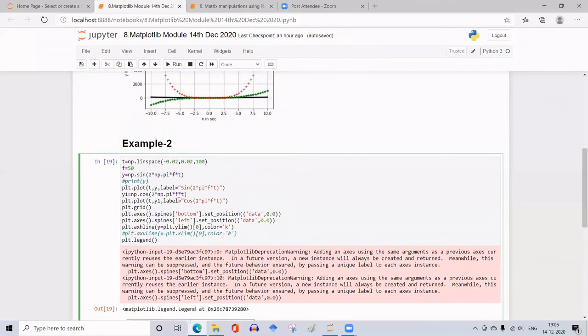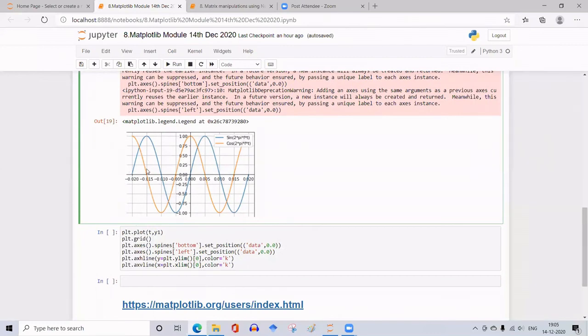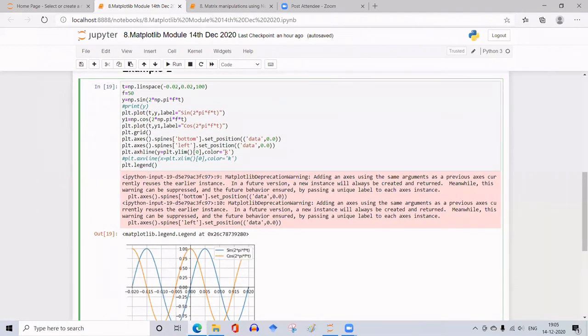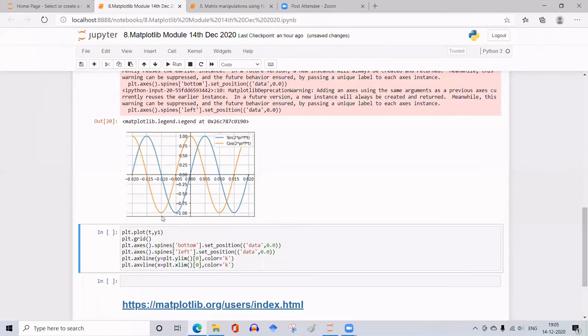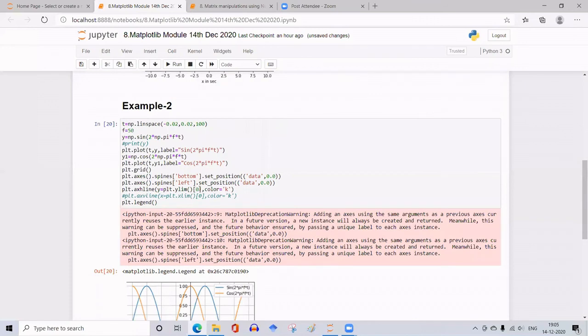So y limit 0, the bottommost, I want to put a horizontal line with color k, which means black. So this will put that here. Instead of y limit 0, if you want to shift it to any other point, you can give it 0.01.